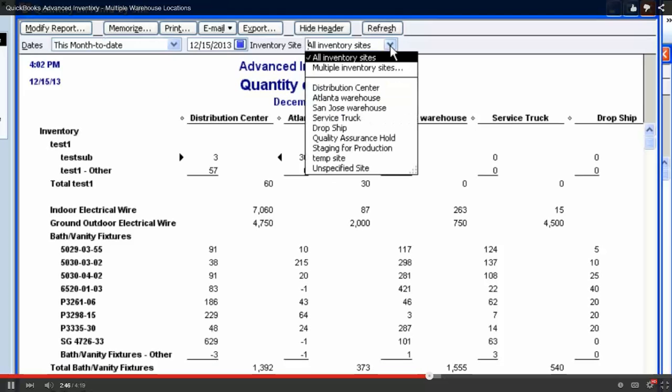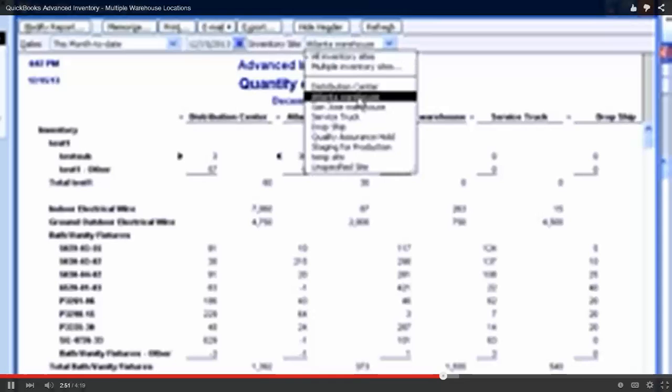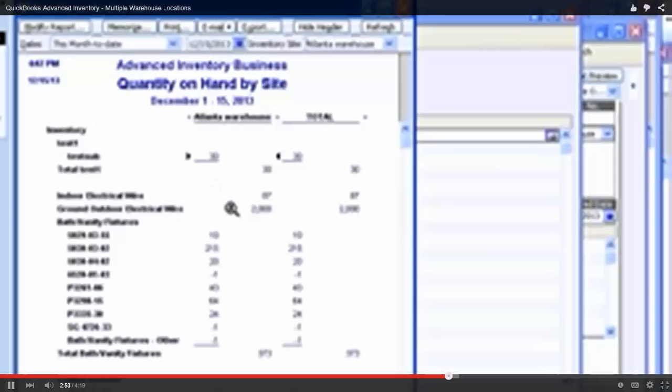we've added this tool to the toolbar for reports so that you can choose just one or a few locations to see the report. Now it's filtered for just the Atlanta warehouse. Another report